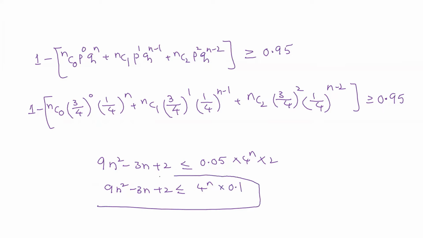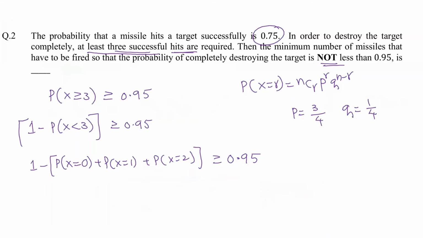So now here we have to put some values of n and check where this condition is going to be satisfied. This condition is going to be satisfied for n greater than or equal to 6. Try that one, put the values of n as 1, 2, 3, and so on, and you will get this. So n has to be greater than or equal to 6. The least number they are asking for is the minimum number of missiles needed, and here we got n greater than or equal to 6. So the minimum number of missiles needed will be 6, which is your answer for this question.